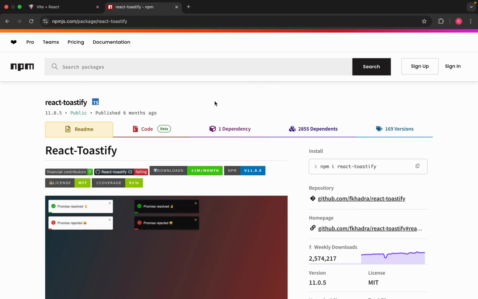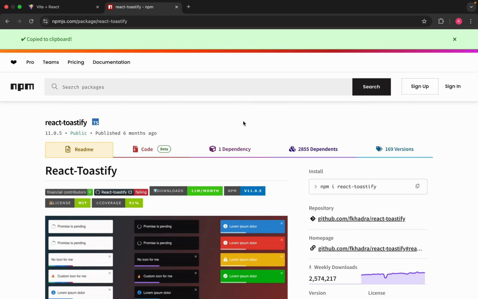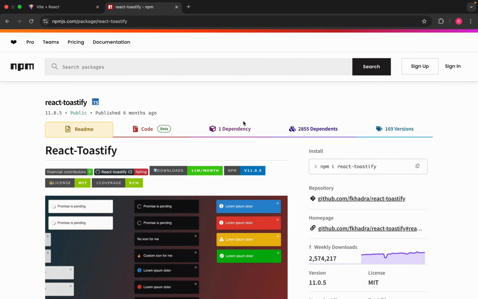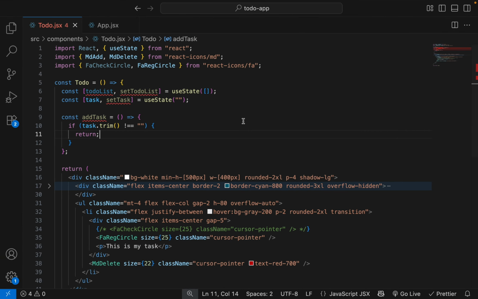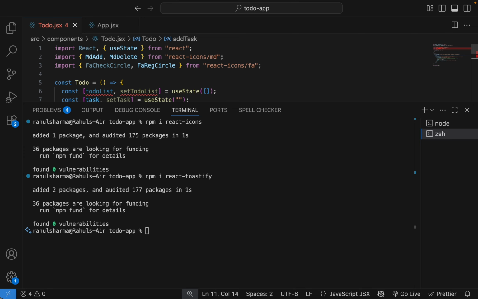Now let's install npm react-toastify. By using this, we will show notifications. Open the terminal, paste the command. Our package is installed.